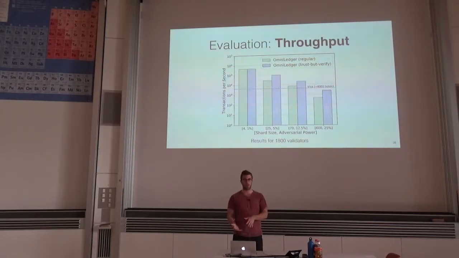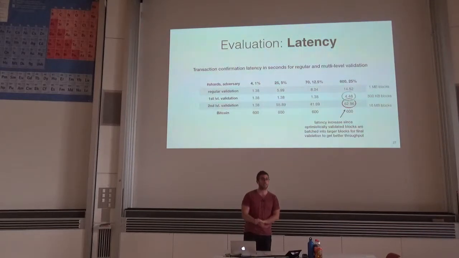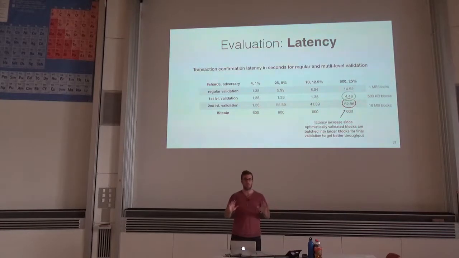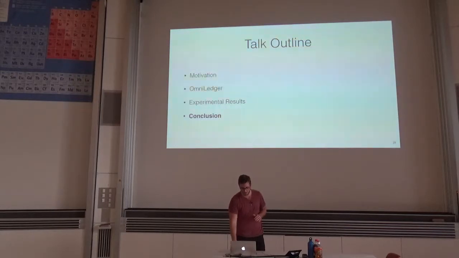It just depends on the amount of resources the system has. And on the latency side, if we have no trusted verify, we just have one layer of validation. The throughput was 5 to 15 seconds. While in trusted verify, the first level of validation was very quick, 1 to 3 seconds, while even the second layer, which is slow, took around 1 minute. So to sum up,